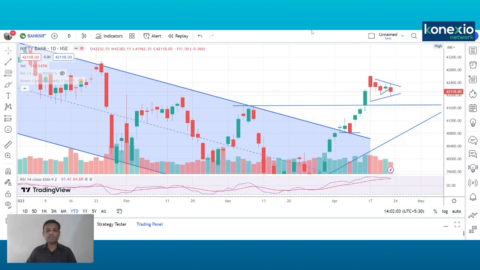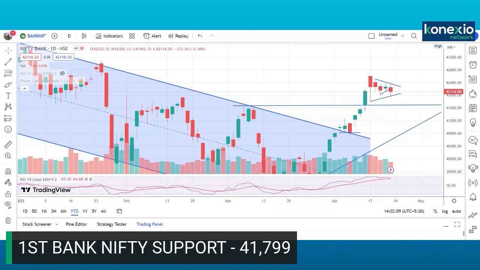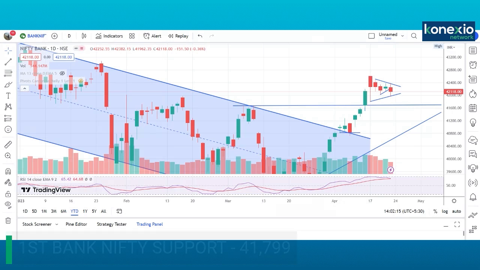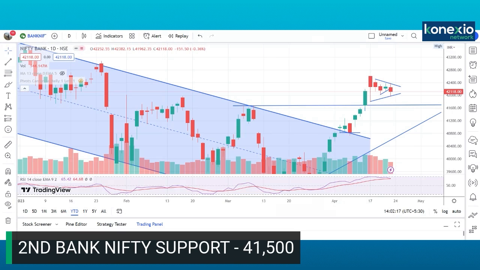So friends, now let us discuss the important support and resistance levels in Bank Nifty for the next week. The first support in Bank Nifty is placed at 41,799. Below that, the second support is placed at 41,500, and below that, the third support is placed at